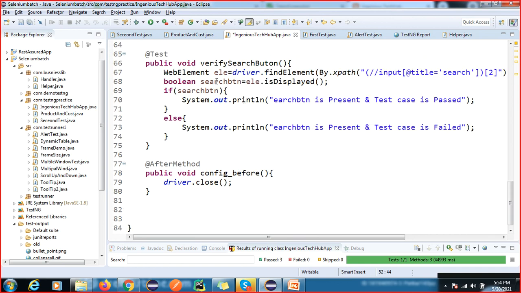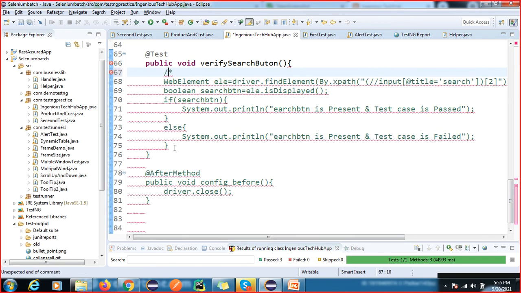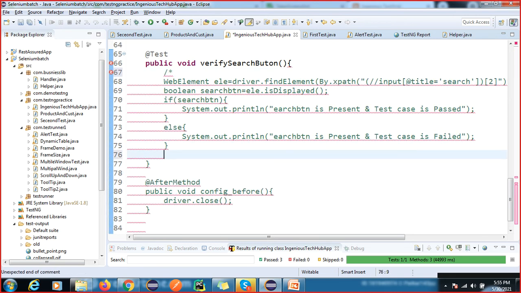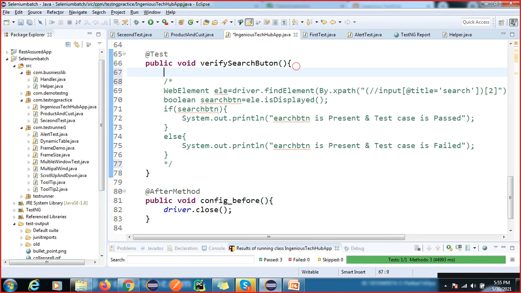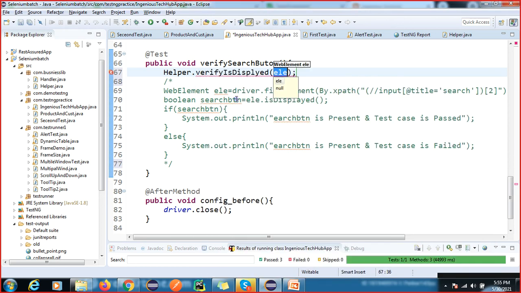Okay, so we also have this method in our helper class. helper.isDisplayed, you can see, verify is displayed.